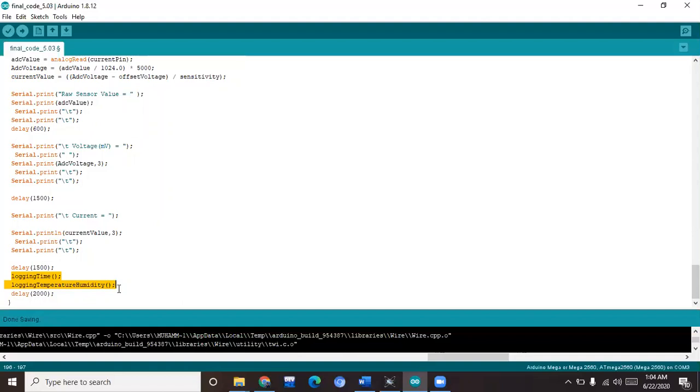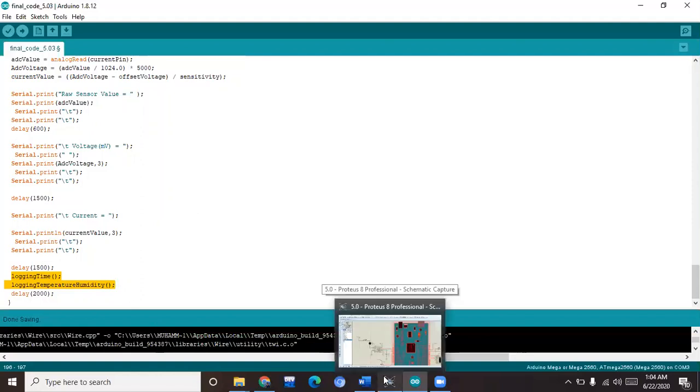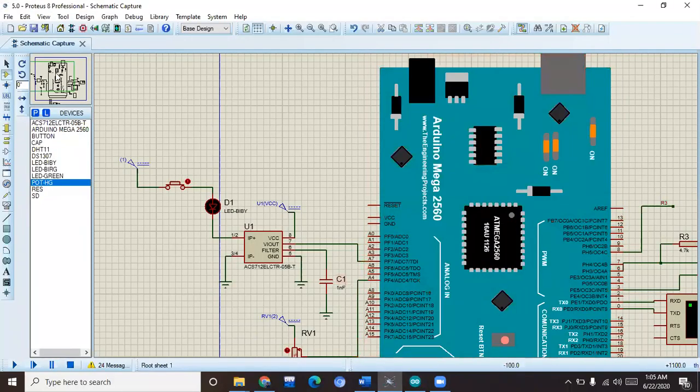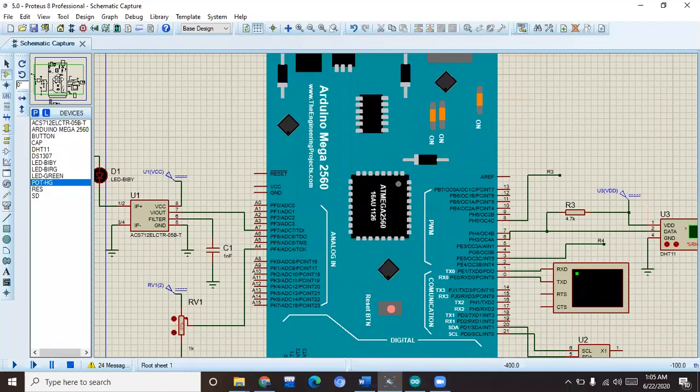These two functions get their data from the humidity sensor and our RTC clock, and put it into the SD card, so we can get our output from these two functions. That was all, and now we should run the simulation so you can get a better idea.